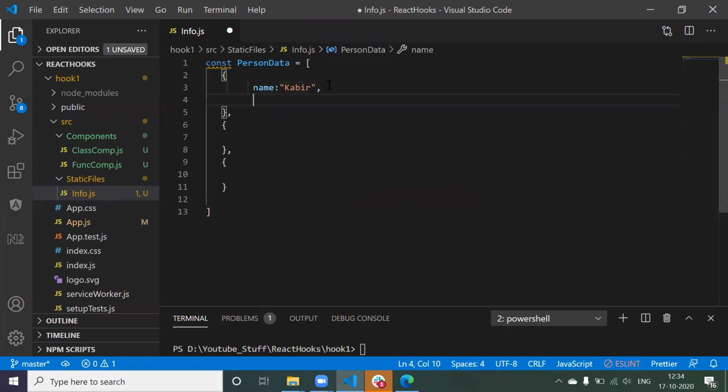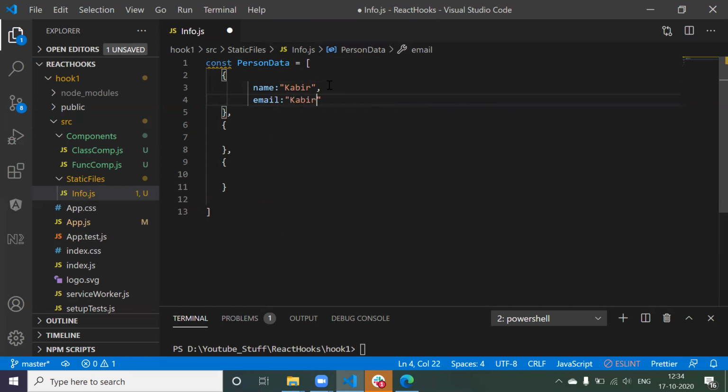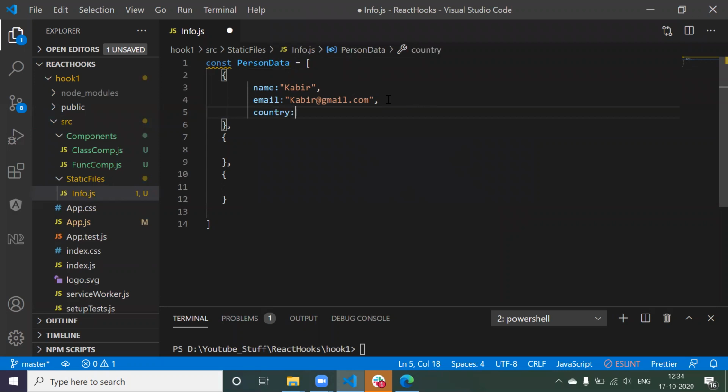Now comma, email is kabir@gmail.com. And one more property I need, country. So I'm going to say he is Indian, so country is India.